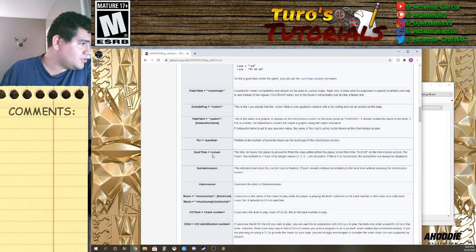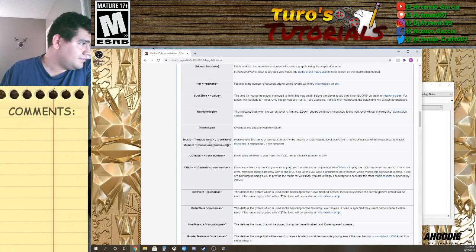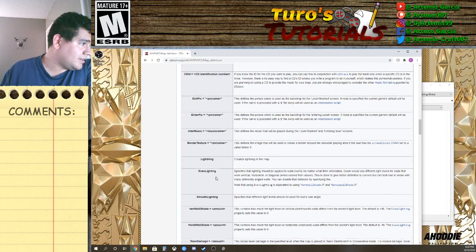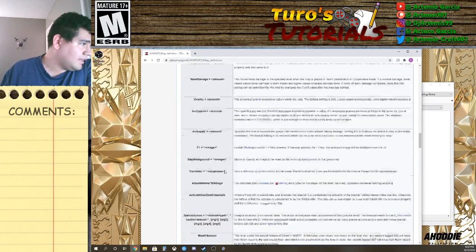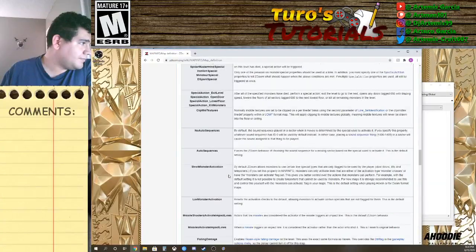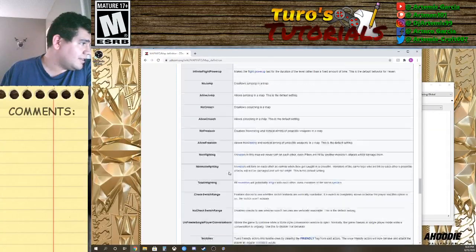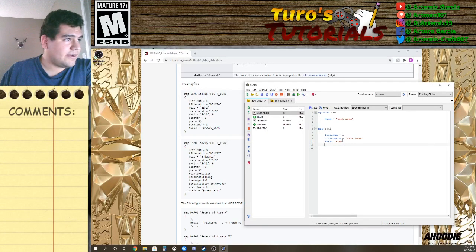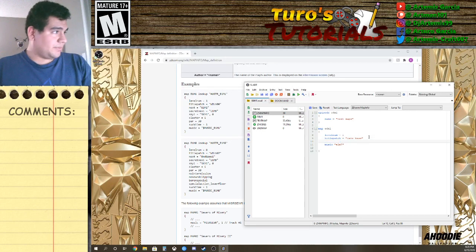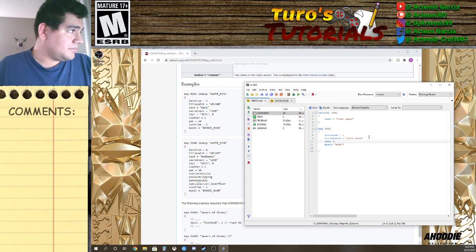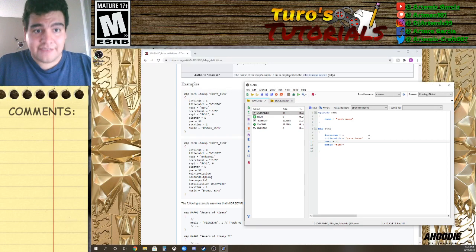Then we want to go to... yeah, we already got the music. Exit pick, smooth lighting, translator, special... okay, no, those are other options. Next, we want to put what the next level is. So right here, under this, we want to put next equals, and then we need to put the next level, which would be